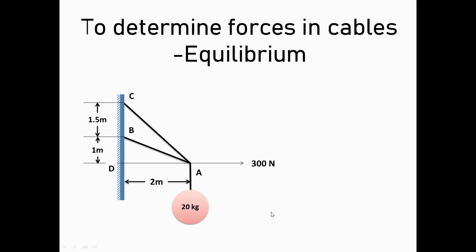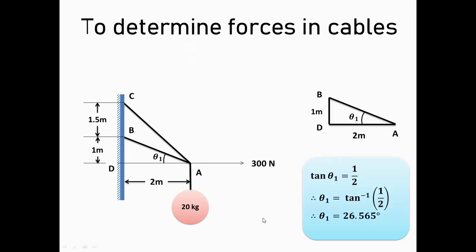In this video, we'll see how to determine forces in cables by applying the conditions of equilibrium. The horizontal force that is acting is 300 Newton and mass is 20 kg. Now, first we'll determine the angle that is made by these cables AB and AC which are supporting this